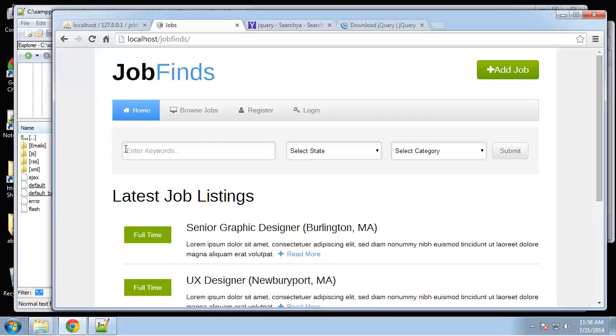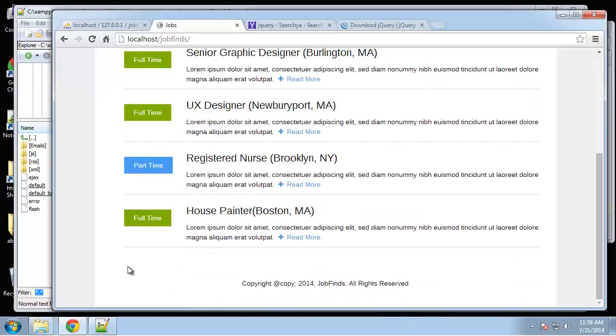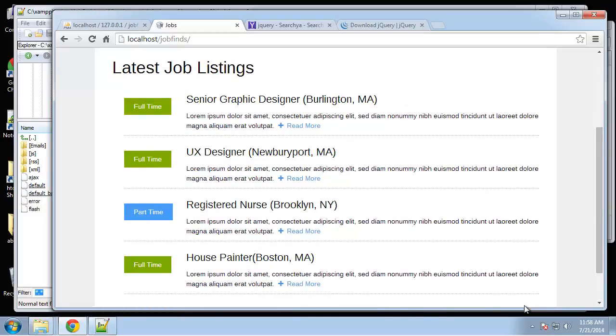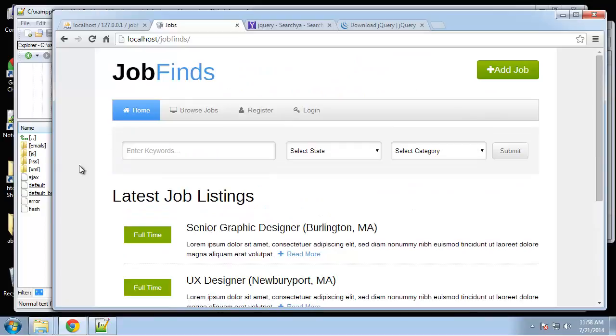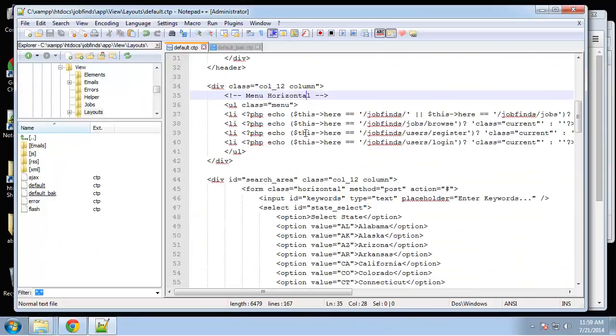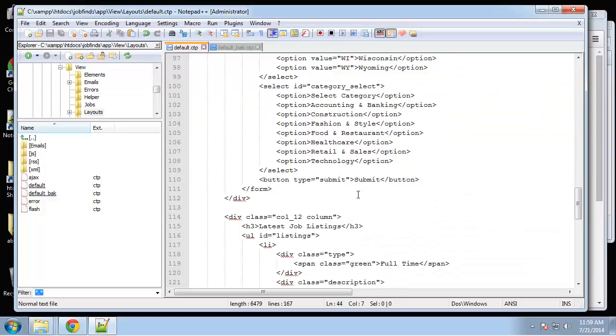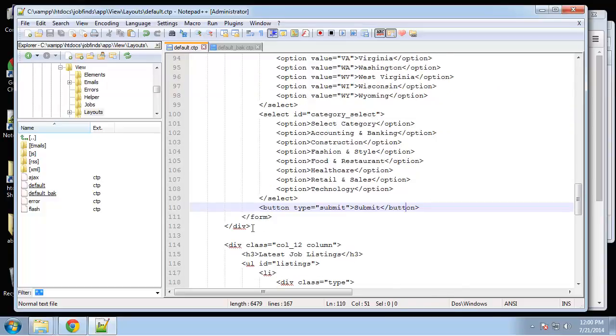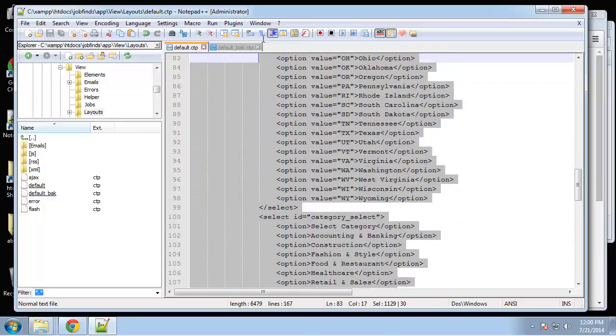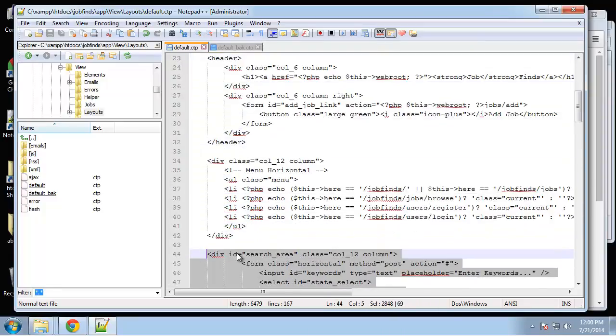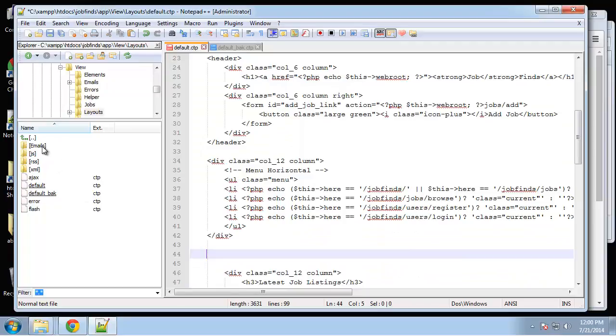So the next thing we want, this search area right here, is not going to be in our layout. It's what's called an element. We can add elements to pages, things like sidebars, maybe footer areas, or whatever. Anywhere that's not the main area, you could use elements for. So what I'm going to do is grab the whole search area, which is this div, up to the div right after the form. I'm going to grab all that, cut that out, and then go to